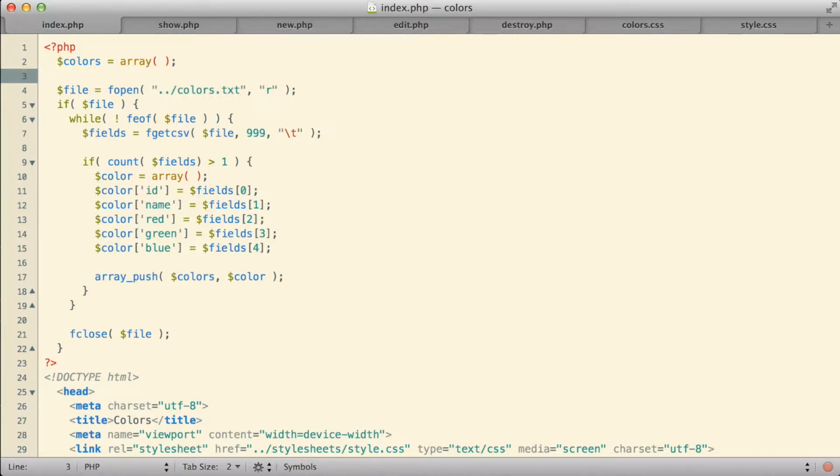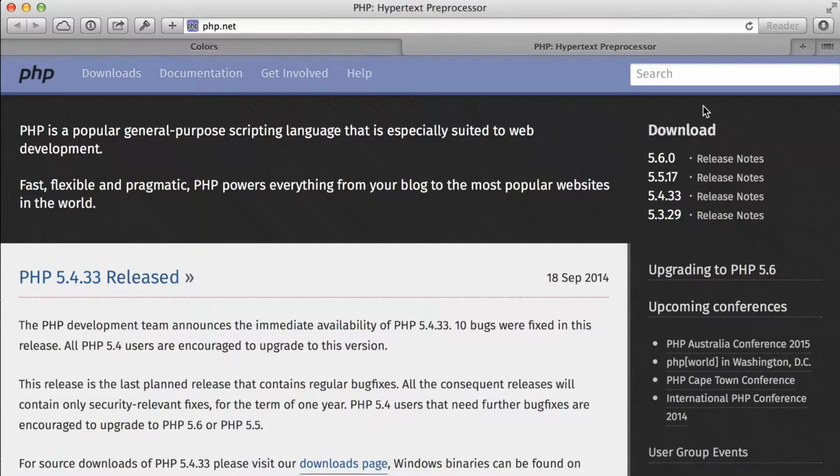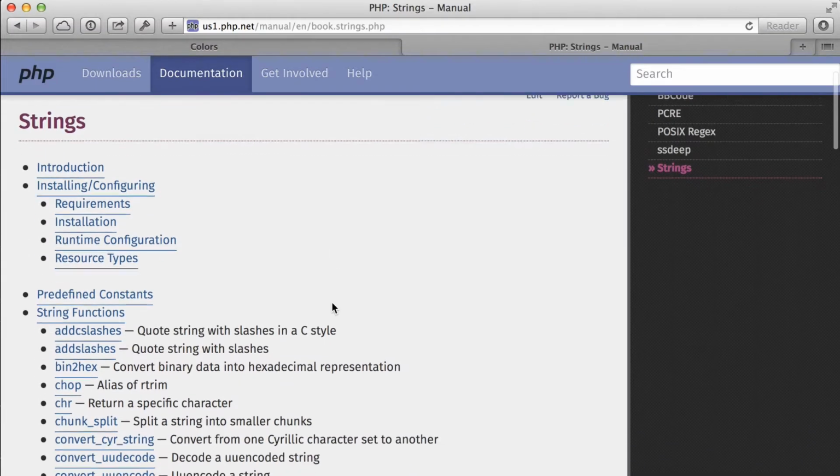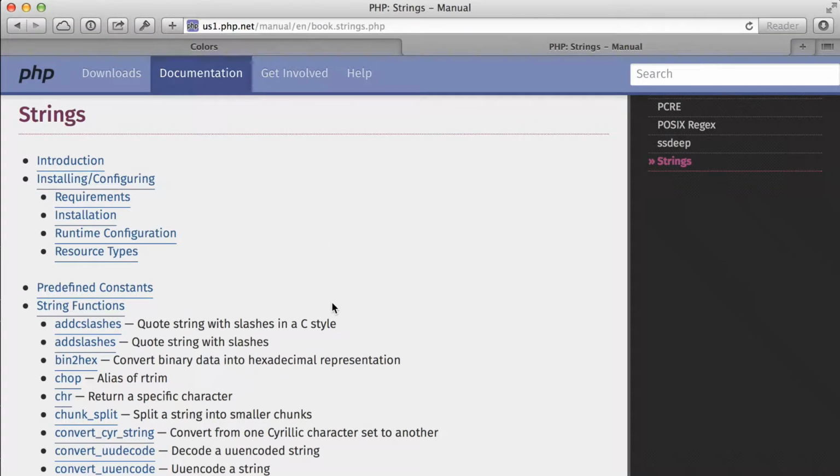Besides PHP's basic ability to support the string data type, PHP has built into it a great many different functions whose basic purpose is to give us some extra capabilities when it comes to strings. If you take a look at PHP's website, go to the search box up in the upper right-hand corner and search for strings, PHP will bring you to a special page in their documentation that discusses just the subject of how strings can be worked with in PHP.